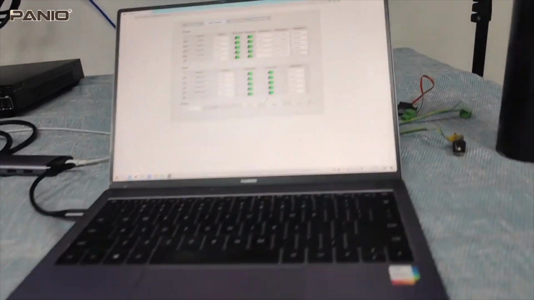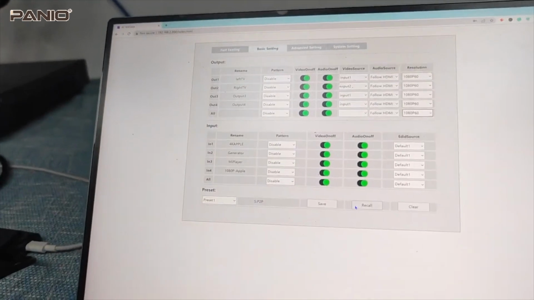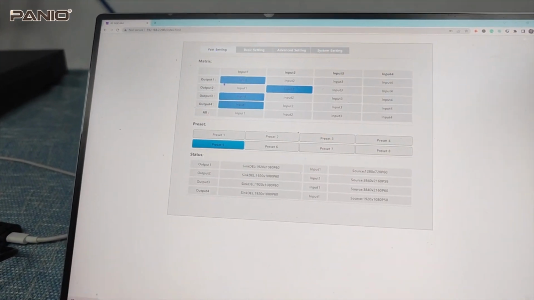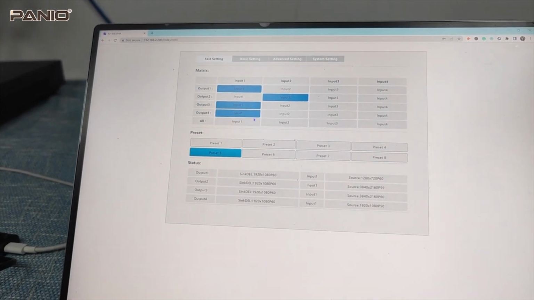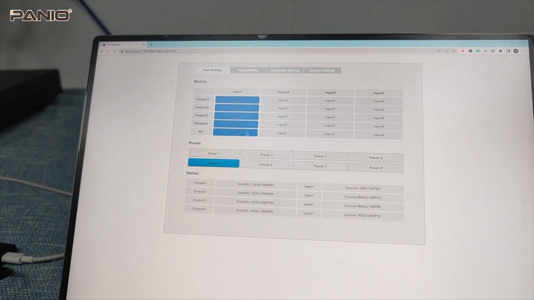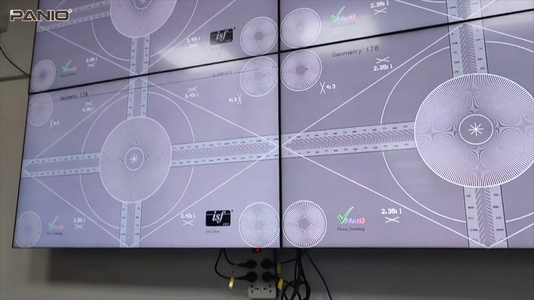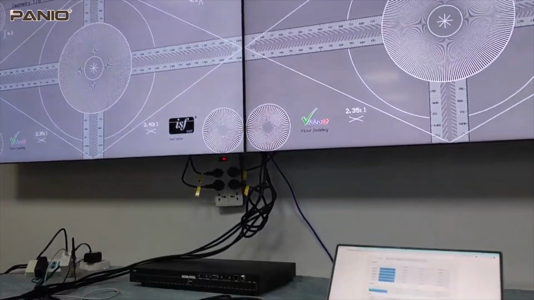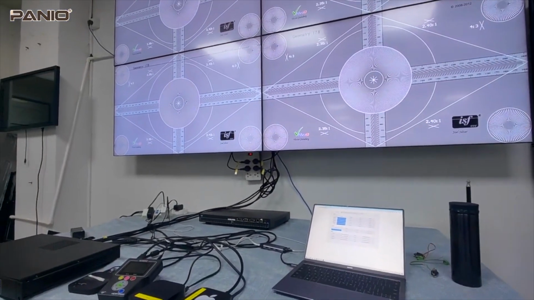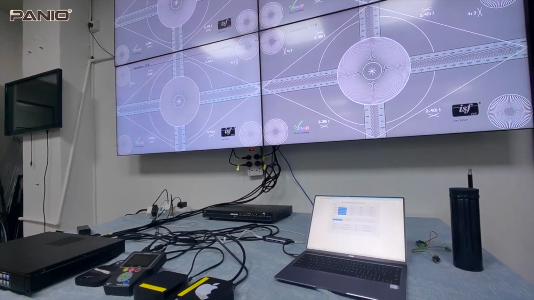On this PC right now we already logged in, and this is the WebGUI control, and basically we can see we have the fast setting, means we can do the switchings. Like right now we want to have the input 1 switch to all the outputs, just press the all button, and right now we can see on the screen. So if we now switch to the input 2, okay, we'll just zoom a little bit, then we can check it out. So input 2,